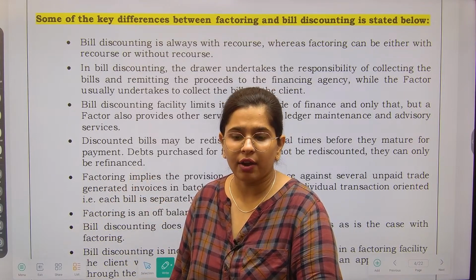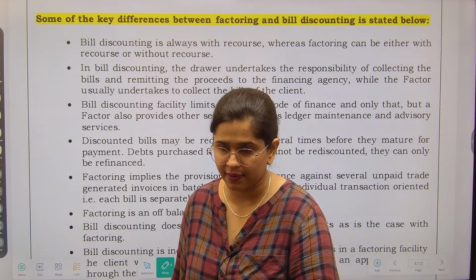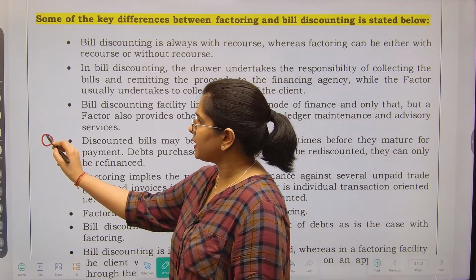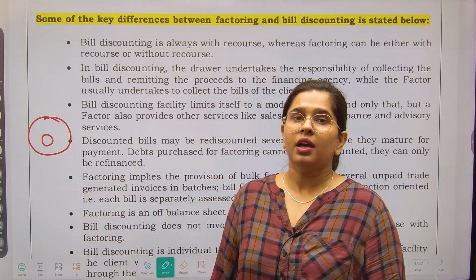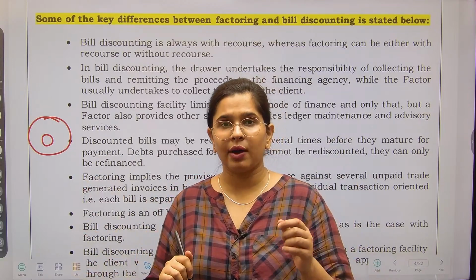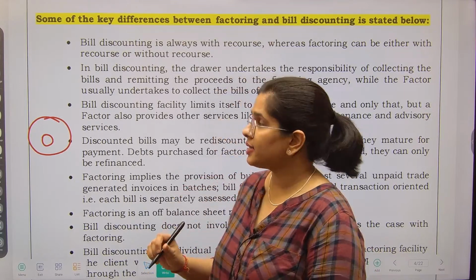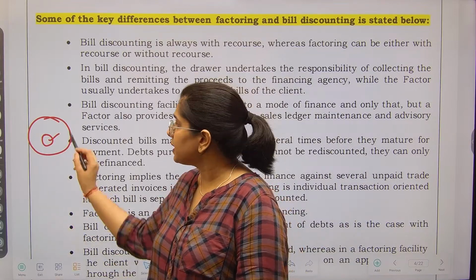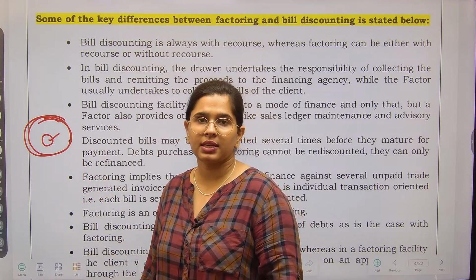Okay? Now there are a few differences between factoring and bill discounting. Let's just talk about them as well. Although I have told you that bill discounting is a subset. Subset मतलब छोटा part है factoring का. ठीक है? Under factoring, the whole debtor system is taken up, whereas in bill discounting, one bill is discounted or two bills are discounted. So the transactions in bill discounting are bill wise, whereas in factoring we are doing it debtor wise. ठीक है? Factoring में हम किस तरीके से कर रहे हैं?